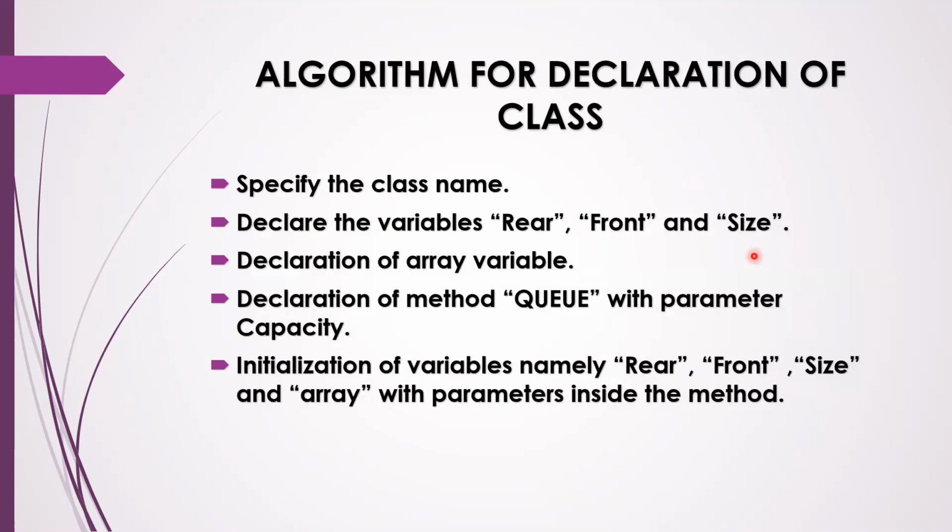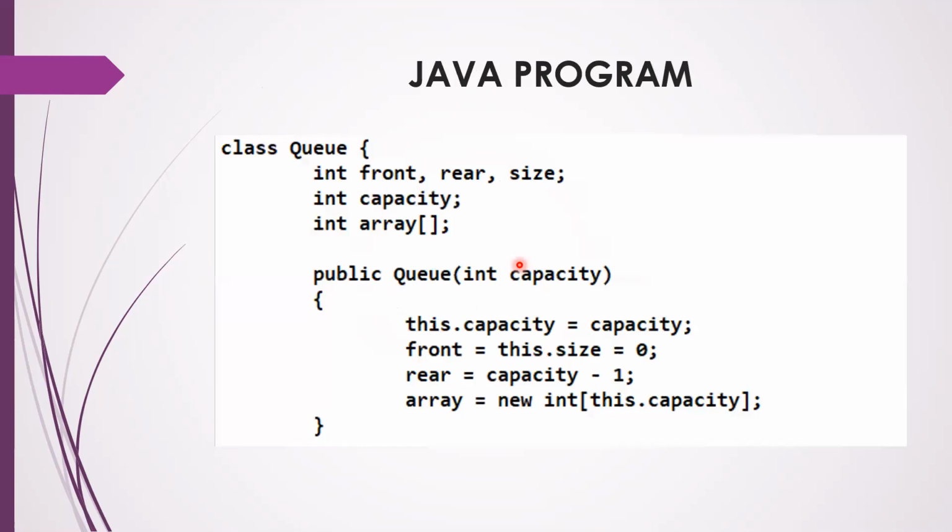So to know the current elements in the queue or array, you can have size, and to know the complete capacity, you can have a capacity variable. So, declaration of array variable. You have to declare the array variable. So you will have front, rear, size, capacity. That is the full weightage of that array or the queue. And then you have declared the array.